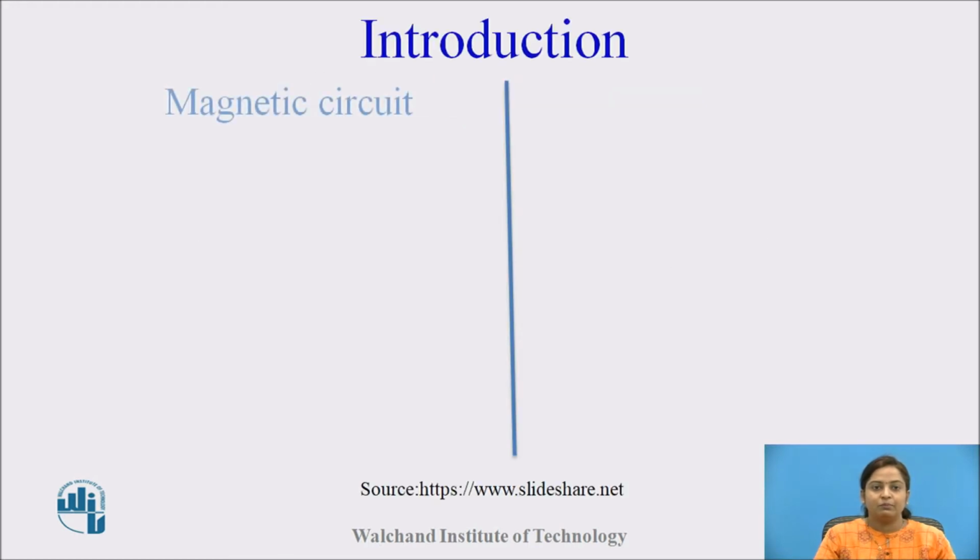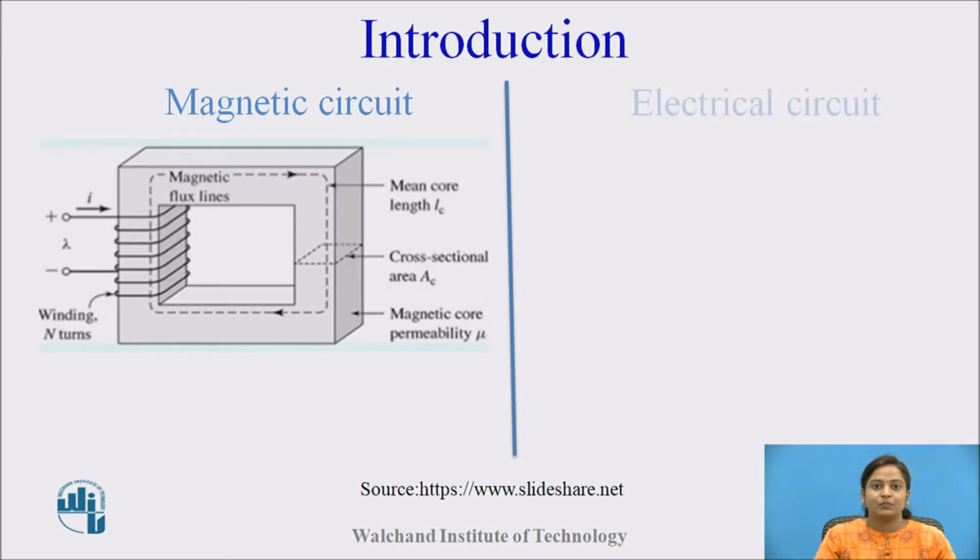Before moving ahead, let us have a look at the basic diagrams of magnetic circuit and electric circuit. In a magnetic circuit, there is one magnetic core. This is one of the examples of a magnetic circuit. This magnetic core is of rectangular shape. At one of the sections, there is a current carrying coil. So when the current flows through this coil, then the magnetic flux lines set up in this magnetic core. These magnetic force lines are called magnetic flux.